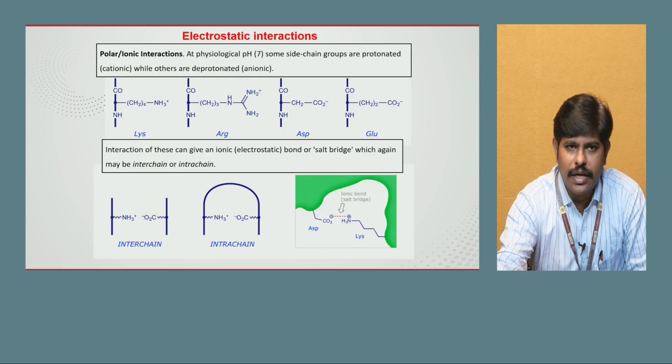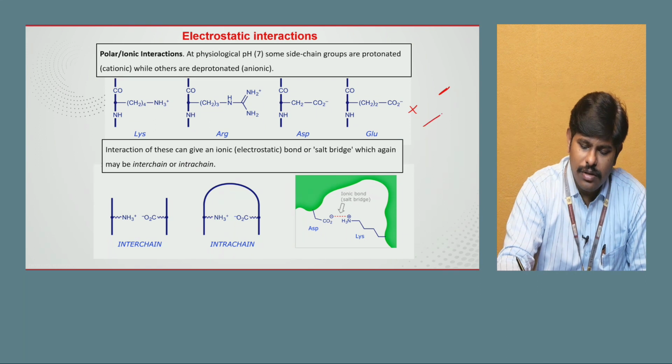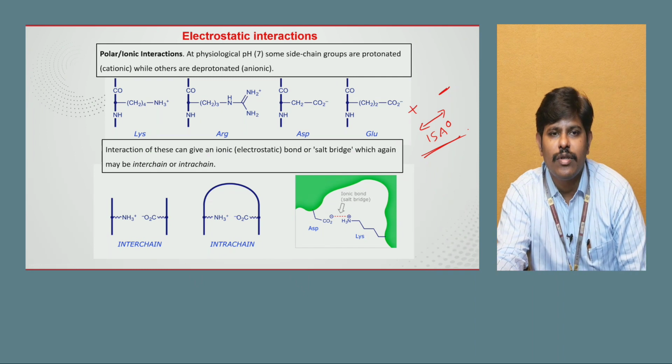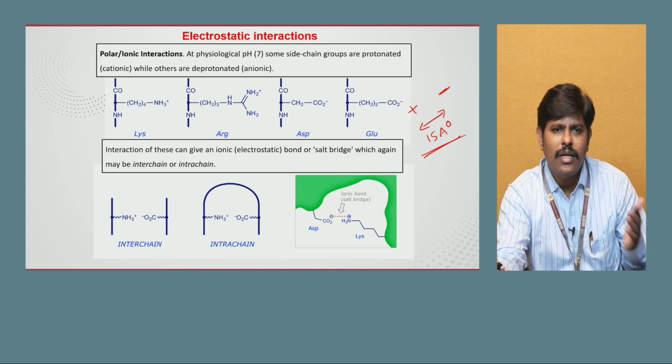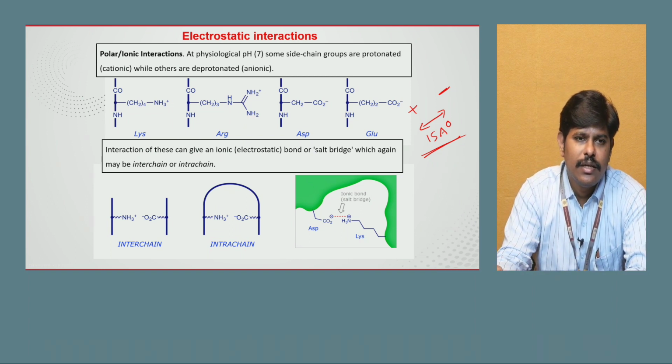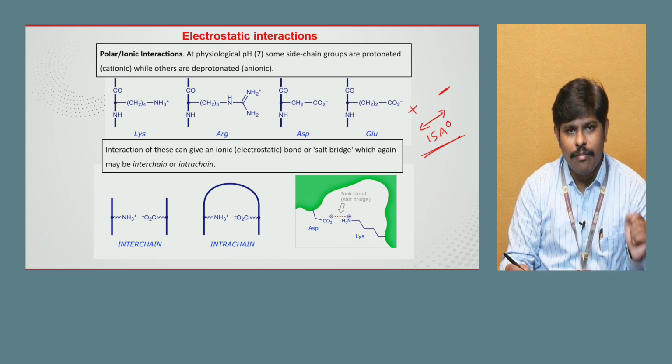The first one is electrostatic interactions. The electrostatic interactions basically function between the positively charged and negatively charged atoms when they are separated by 15 angstroms. At 15 angstroms, the positive charge will be attracted by the negative charge here. So, in amino acids we have COOH which is negative and NH3 plus which is positive here. So, they attract each other if they are not bonded together here. Basically in the middle they are bonded together by covalent bond, but some of the amino acids such as